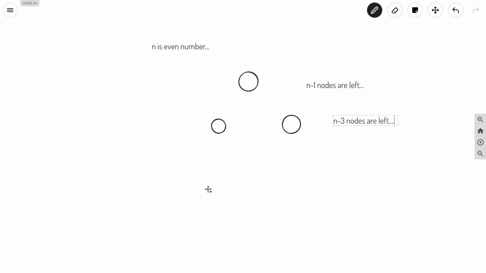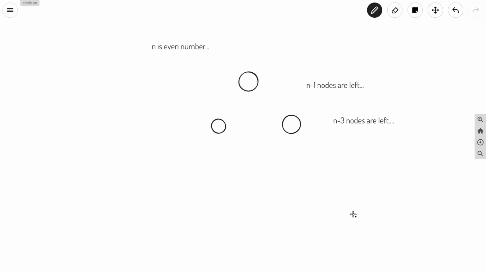Again, you can see that after each iteration, initially n minus 1 nodes are left, after that n minus 3 nodes are left. So what will happen at the very last moment?